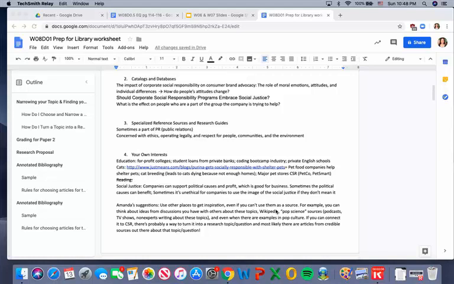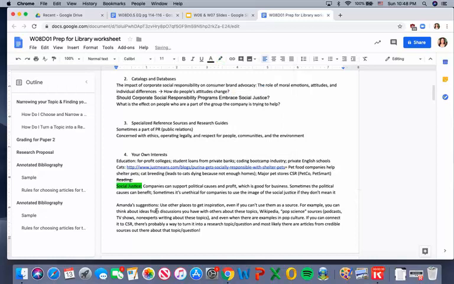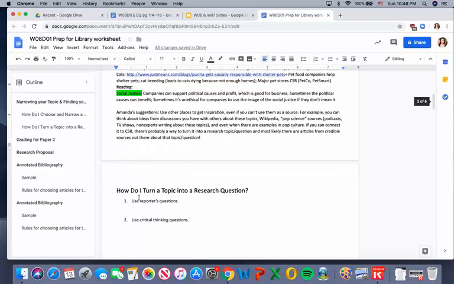Okay, so for myself, I've figured out what I'm doing for my research topic. My research topic is going to be social justice. While I realize it's important, it's nice to have this topic. It's also important to keep in mind what our goal is. And remember, our goal is